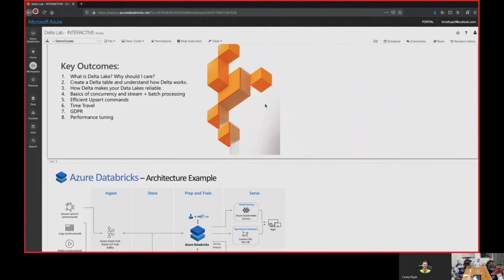So one of the really cool things I'm going to help demo is that it optimizes files. As data comes in, it doesn't necessarily always come in the proper size. Some of your files would be like 200 megs, 500 megs, 800 megs, 2 gigs, 6 gigs. Well, you can run optimized queries inside of Delta Lake, because for most of the cloud structures like Data Lake and Blob, the best optimal read size for the partition data is 1 gig. So if you run an optimized query on your data, it will go through and fix all those parquets to be 1 gig in size, so you have the most optimal read and write times.